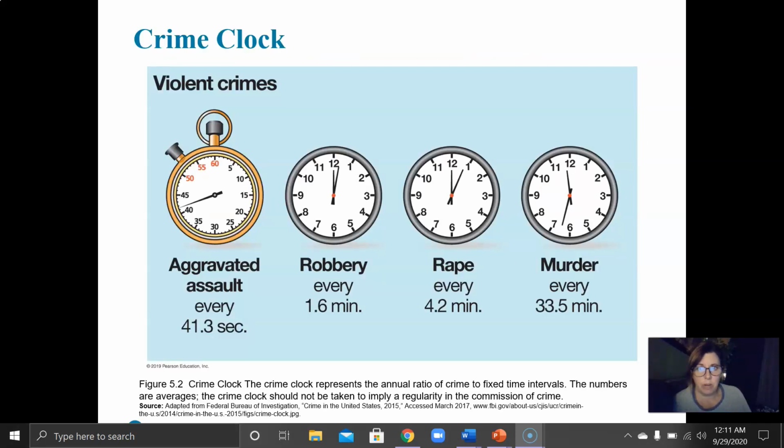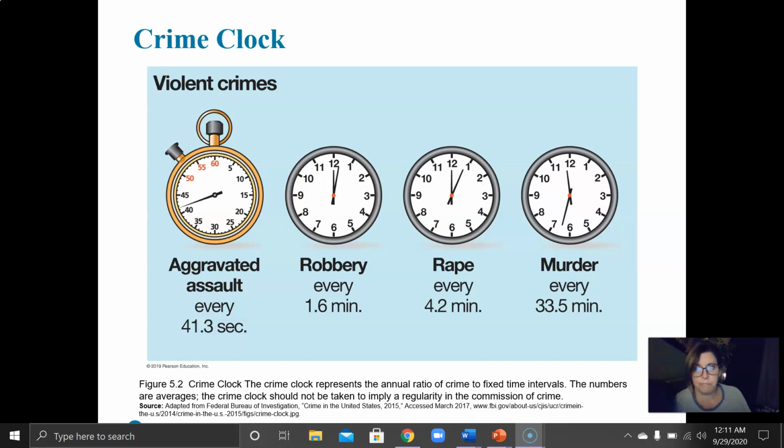This is pretty alarming when we look at the crime clock here, and that every 41.3 seconds an aggravated assault occurs. Every 1.6 minutes there's a robbery, every 4.2 minutes a rape, and every 33.5 minutes a murder takes